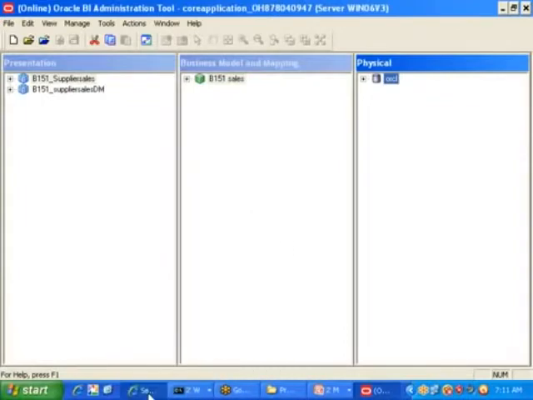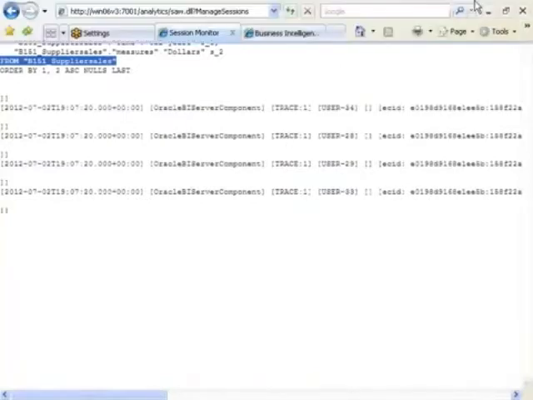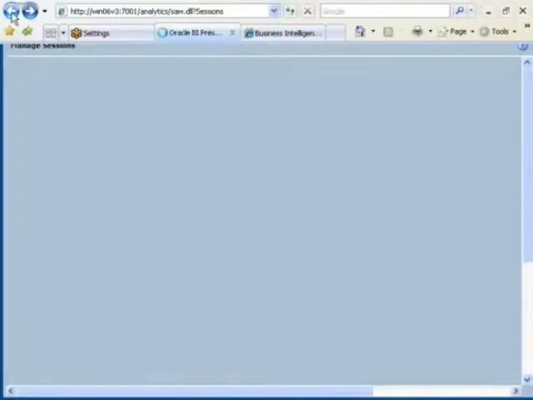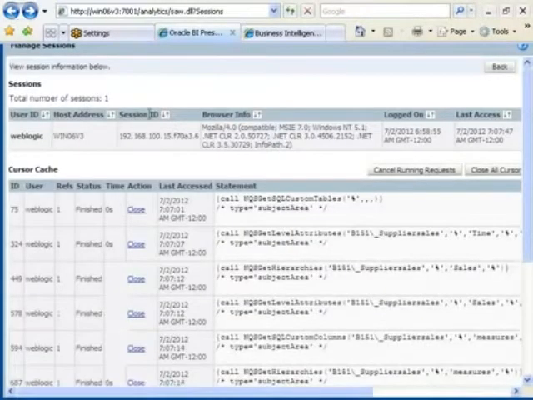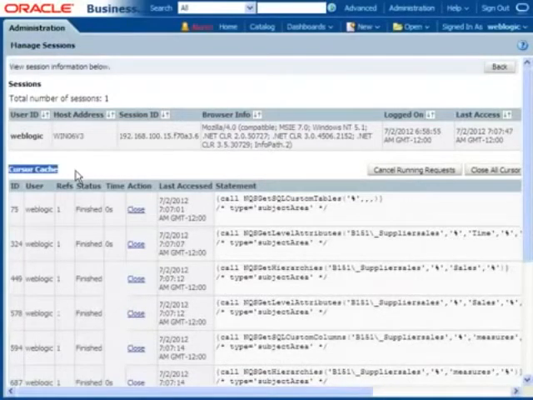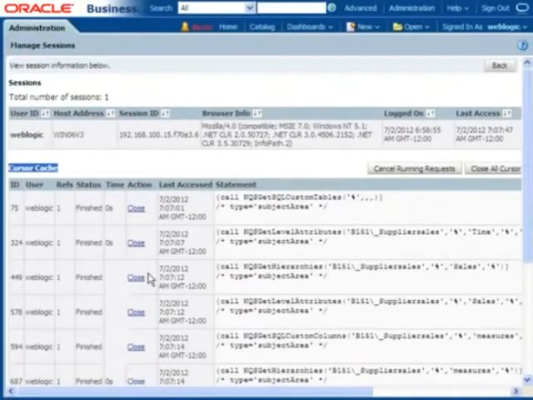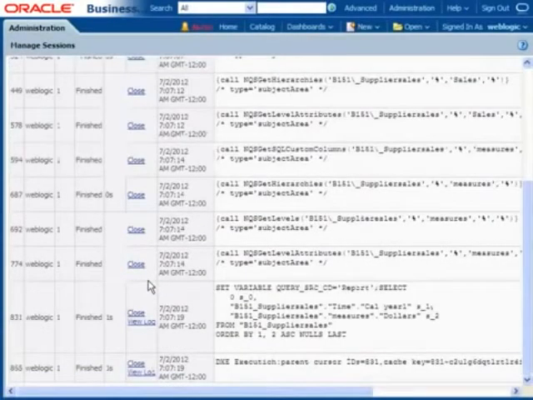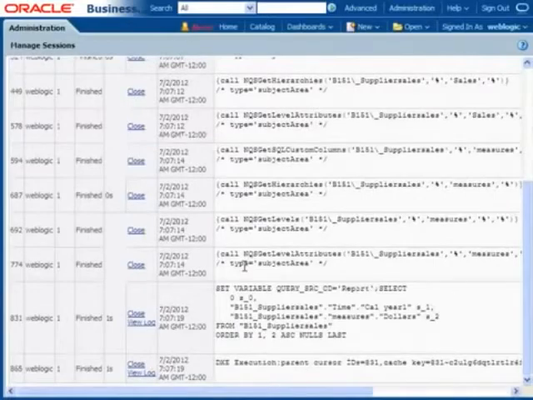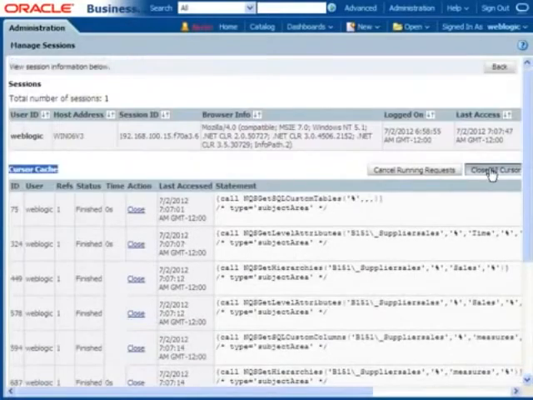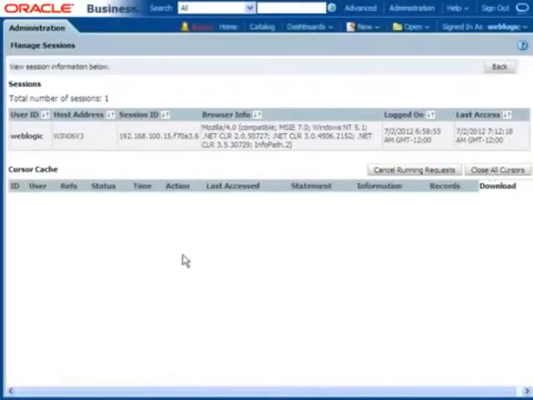Now I will go to the front end. Here I have some temporary cursor caches. Did you observe? The cursor cache is a temporary cursor cache. It is always best practice to remove this. Otherwise, if I run the same report one more time, it will not execute any queries. In the temporary cursor we have the result, and only that result will be shown to you. That is the reason the best practice is to remove this cursor. Close all cursors. I closed all the cursors. Now go back again.